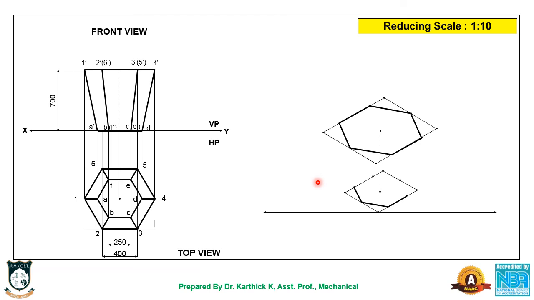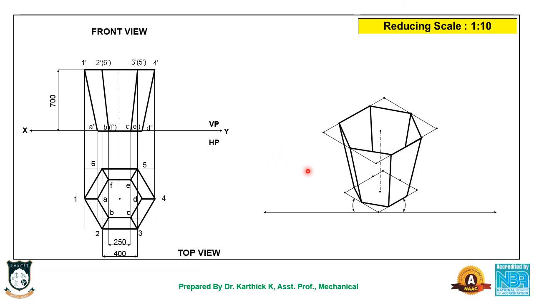Then we need to draw the vertical lines. This edge will be visible, this edge will be visible, 3 and 4 edges will be visible. Here, this edge will not be visible after this, right? After this it will be hidden. Similarly, this edge, it will be hidden. So you can stop here itself, no need to draw up to the bottom, just stop here itself. That's all. What is the next step?